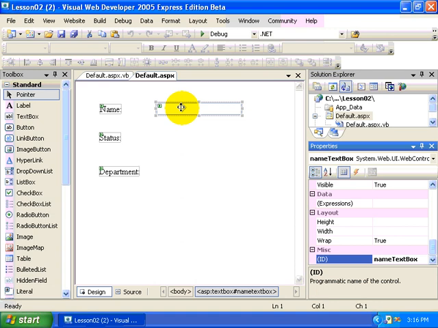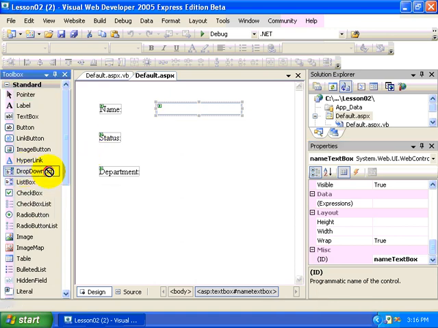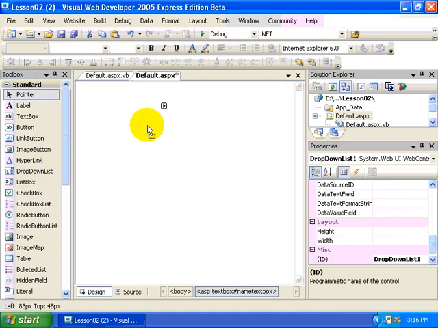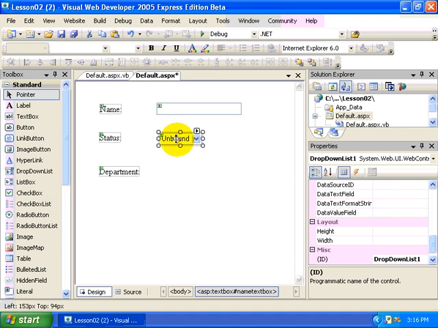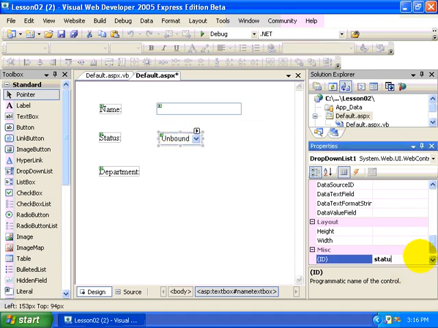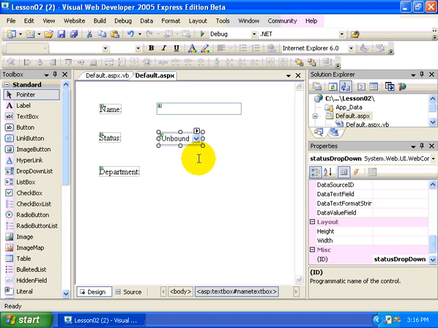Now, if we have a situation where we're trying to collect data where there's only a limited number of options, we might use something like a drop-down list box. So let's go ahead and position one of those on our form here. And we're going to name this status drop-down. This is where we may want to only allow the user to select from a pre-selected or pre-entered number of options. So what we can do here is either